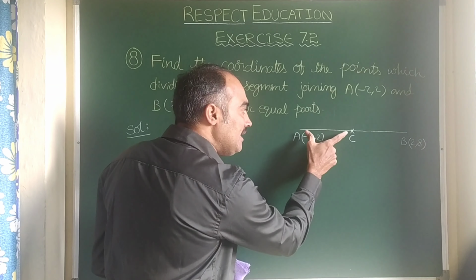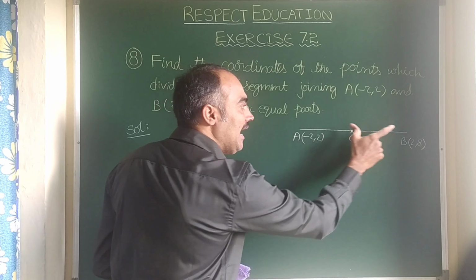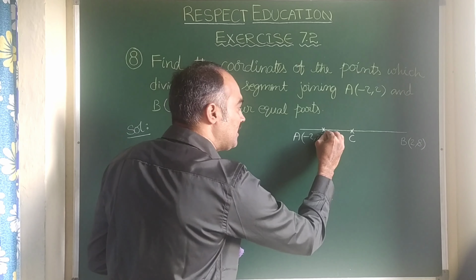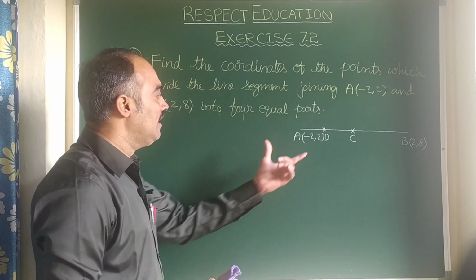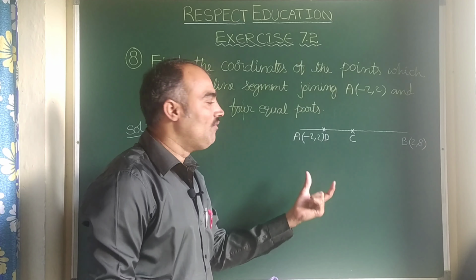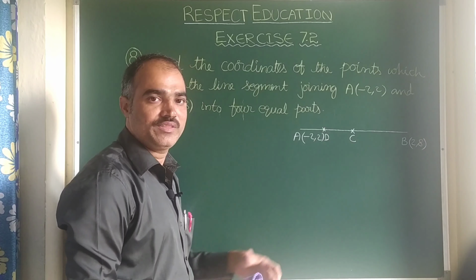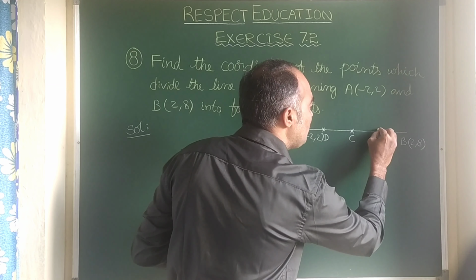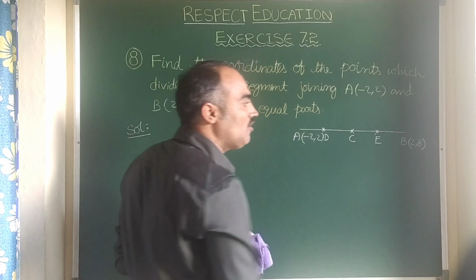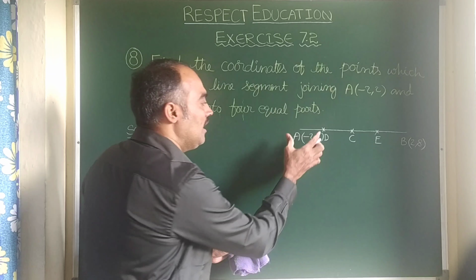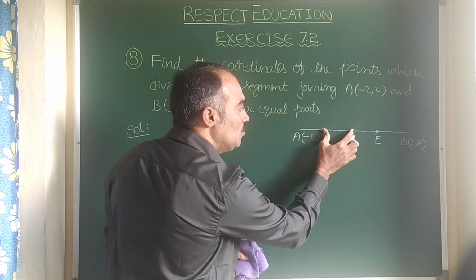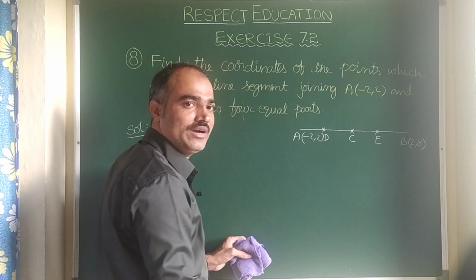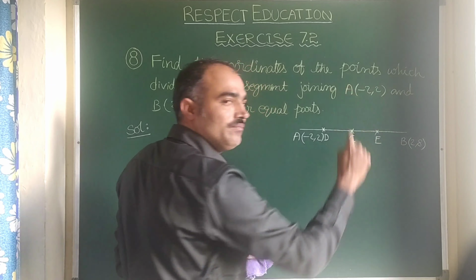Now let us make each of these parts into equal parts again, that is AC and BC. We are going to find 2 more midpoints. Let us take this point as D. Already AC and BC are equal. Now I am making AC into 2 equal parts, that means D is the midpoint of AC. Again I take BC and make it into 2 equal parts, that is E is the midpoint of BC. Now let us see how many equal parts you got: 1, 2, 3, 4. So to get 4 equal parts, how many points are required? 1, 2, 3. Is it clear?